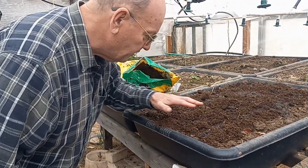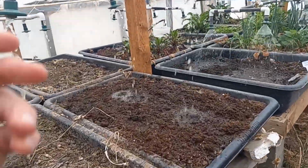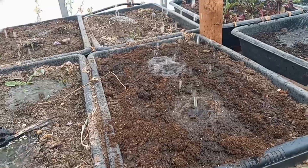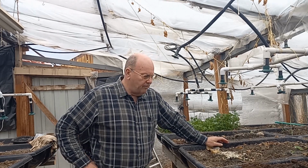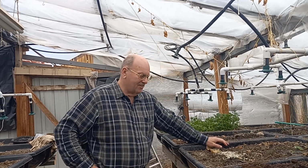Okay, so I'll do another one like that. Get this nice and moist, and we'll see how they grow. Okay, we'll water these with the sprinklers now, and get the rest of it nice and moist. Well, I just wanted to tell you one reason I did this seemingly silly video, planting radish seeds, is because